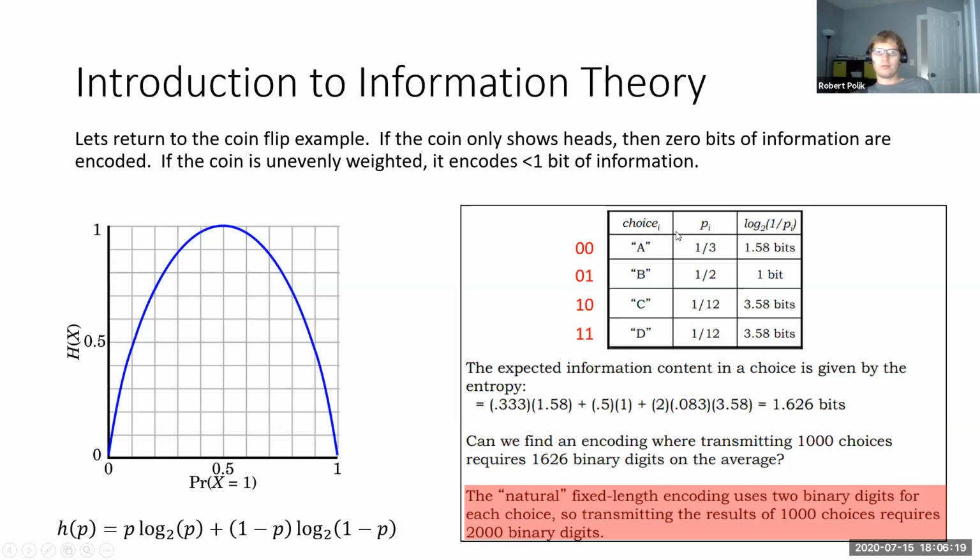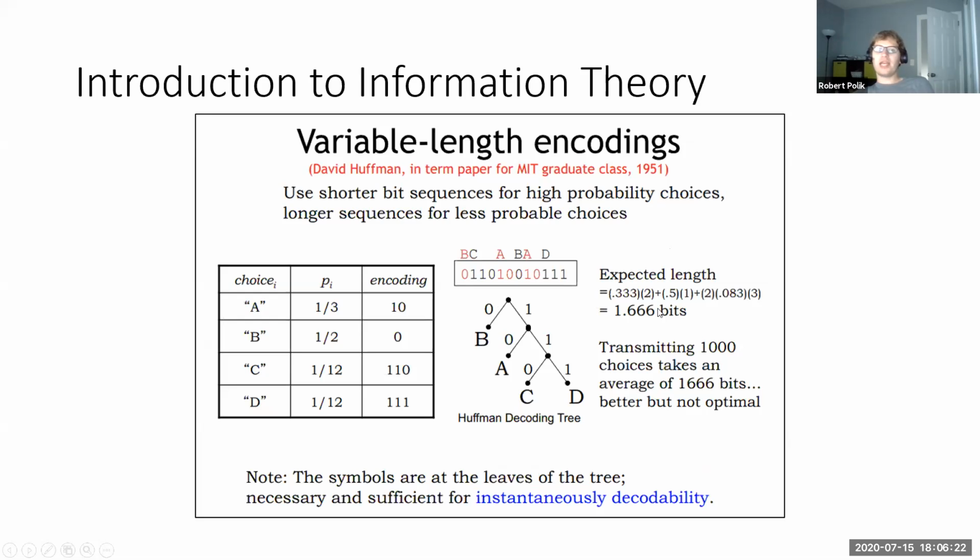So I'll show you. You can encode it into a tree. This was a procedure developed in a term paper for an MIT class, actually, for how to compress this data. The idea is B is the most common, so we're going to encode it with only 1 character. If it's not B, we know it's going to begin with a 1. And if it's A, the second most common, it'll be 10, and so on.